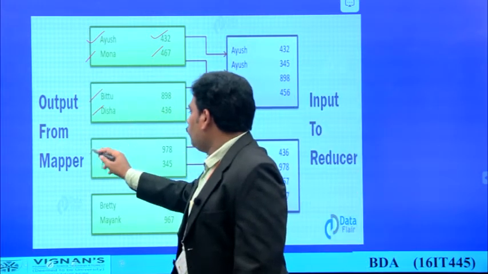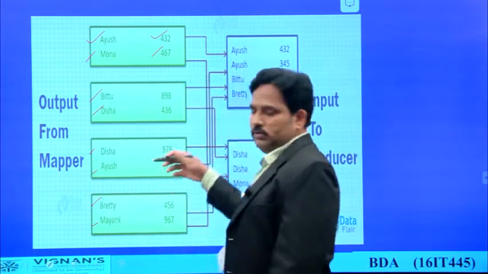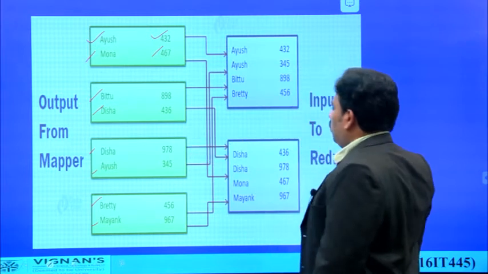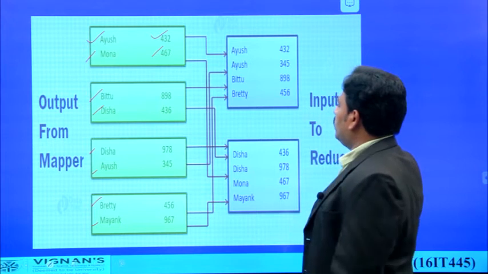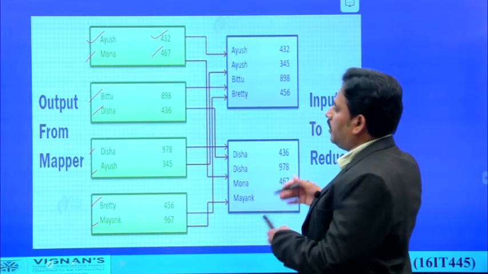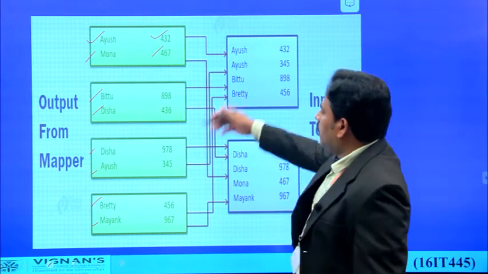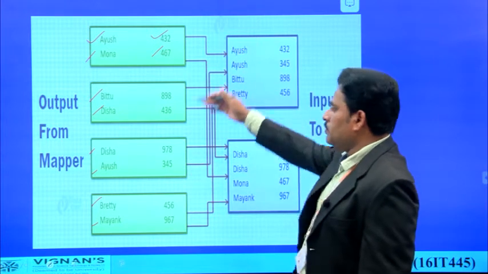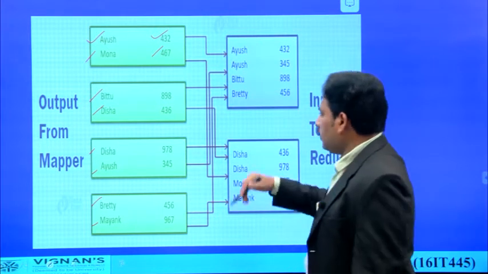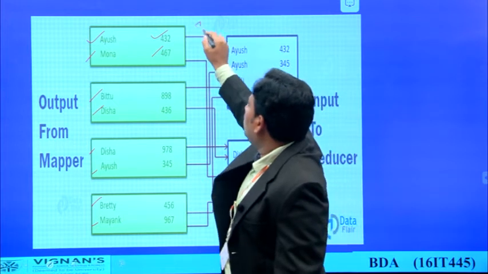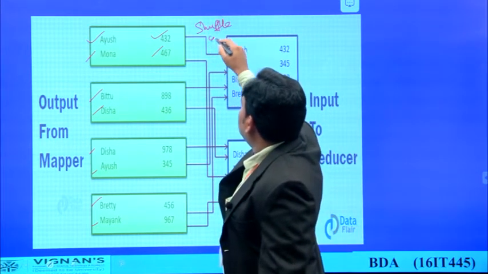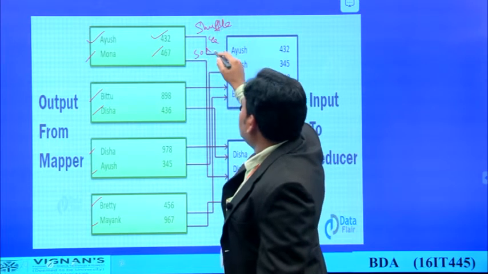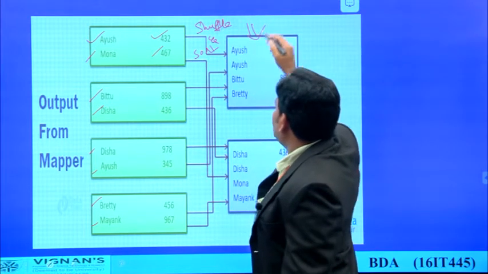here we are having all the 4 nodes and every node is having some set of values. Now what we are doing, we are trying to combine all the values here with the same name. After applying the sorting operation, it will shuffle all the values and sort all the values. After completing shuffle and sorting, the resultant output is going to be generated.